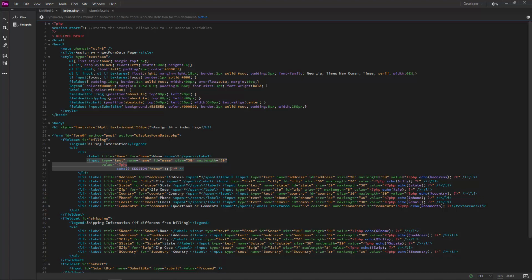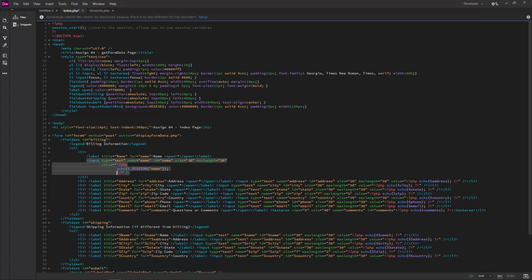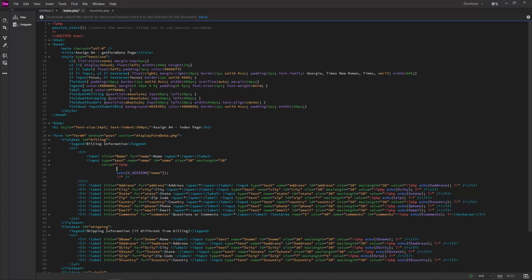So we need an if statement, and we're going to check and make sure that session name is not empty. So we're going to do an if statement, and say if not empty,